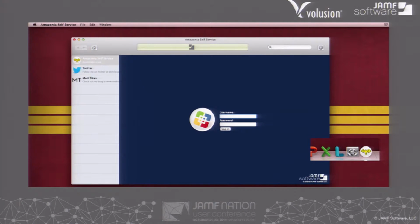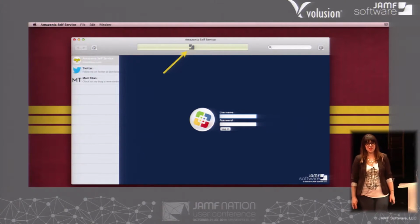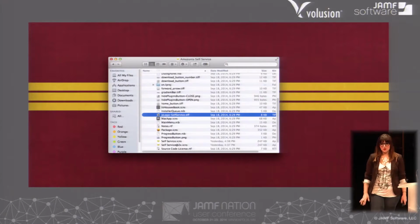But now I've got some new imagery going for my Amazonia self-service. We'll look at the progress bar icon next. This one actually got a lot easier to update with the most recent version of self-service that was released with Casper 9.5. It used to be two either TIFFs or PNGs, I forget what type of icon or what kind of file it was. Now there's just one TIFF in there and it's called